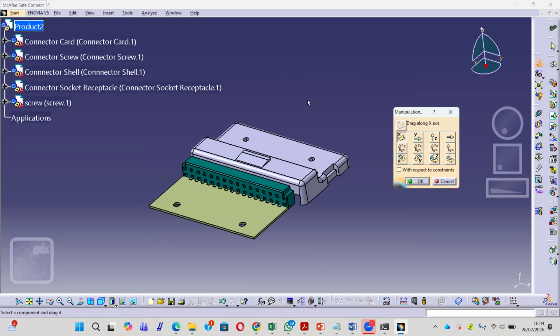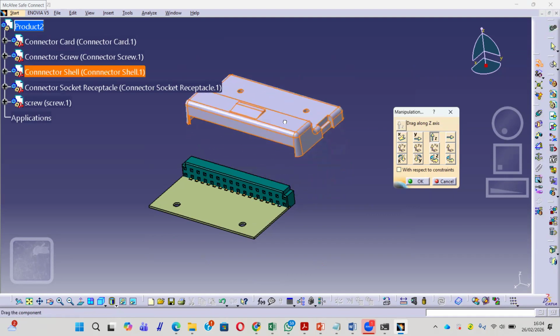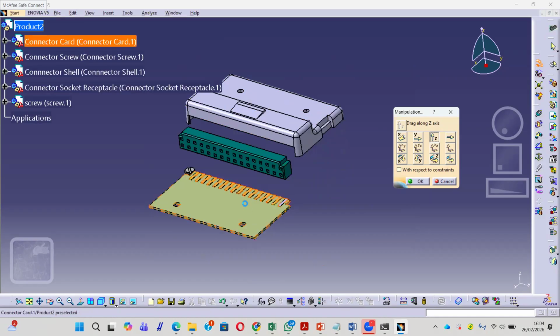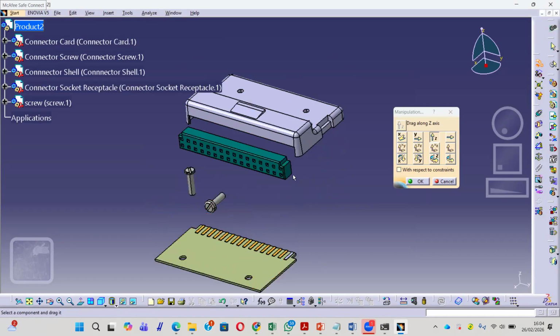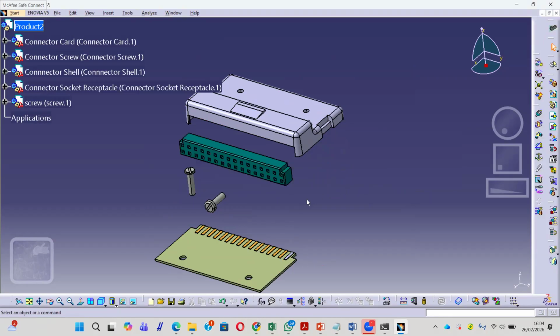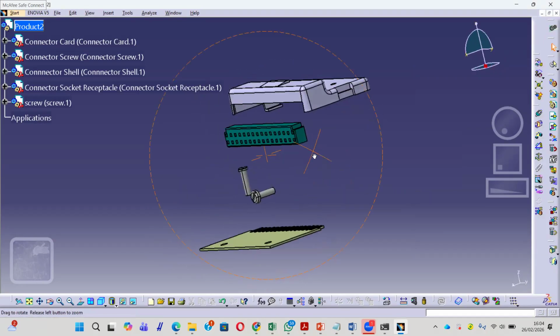For example, here I will move this part in Z axis. Just click the Z and then drag the part. For example, like this. And then OK. So here you can see all parts here.